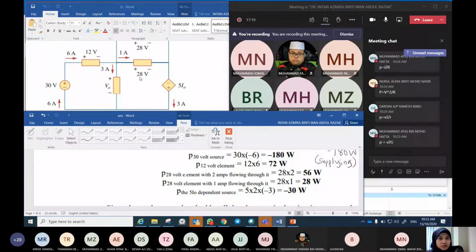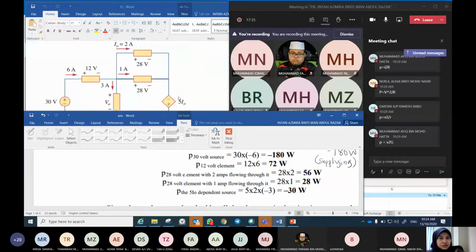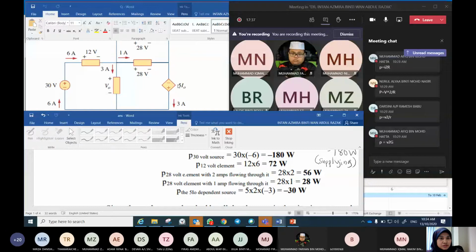So 28 multiplied with 1, we get 28 here. And then this 28 multiplied with 2, 56. And then this one, 5 multiplied with I naught. This is an active element. This is a voltage source, but the diamond shape here